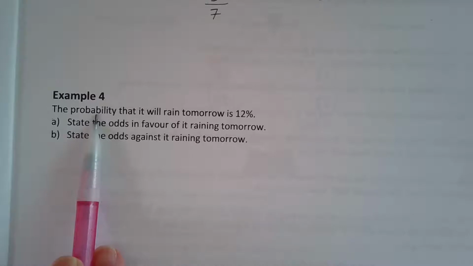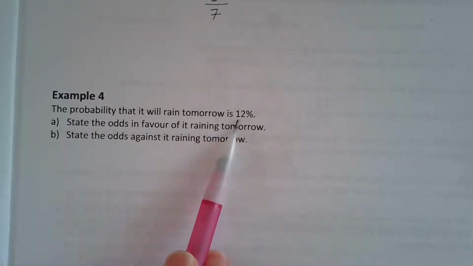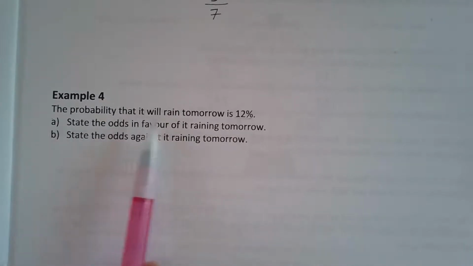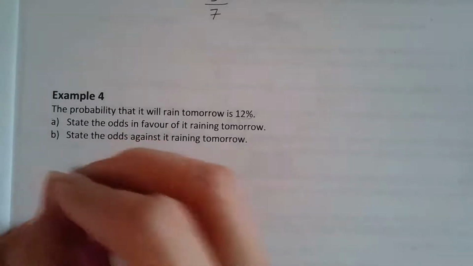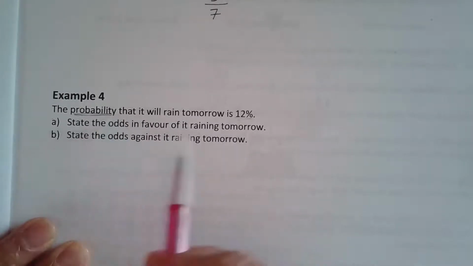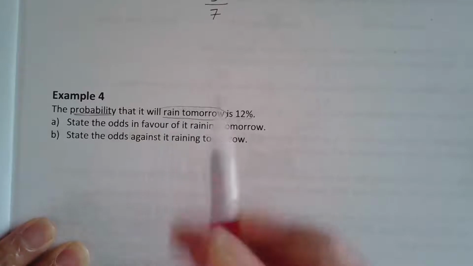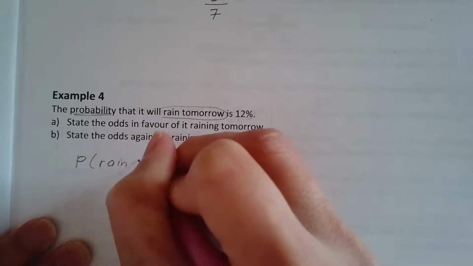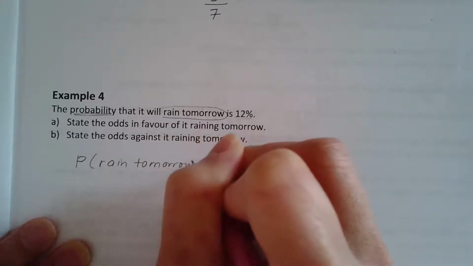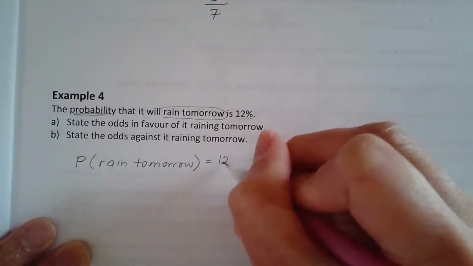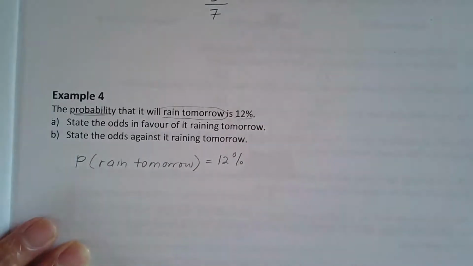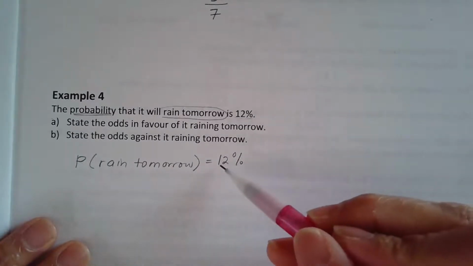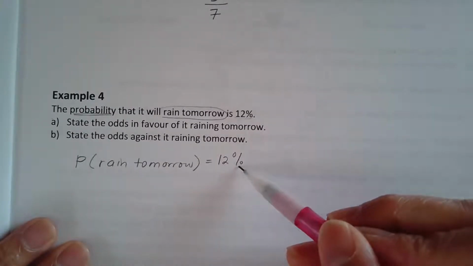The probability that it will rain tomorrow is 12%. So that's the information that they gave us. Probability, and then what event? Rain tomorrow. So let's write that down. Probability, rain tomorrow is 12%. Now, what does that mean? Now, because it's 12%, remember that,